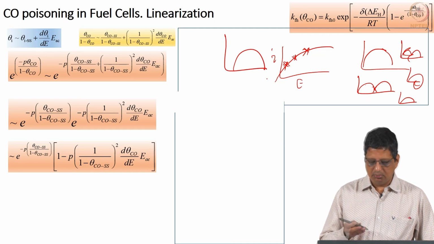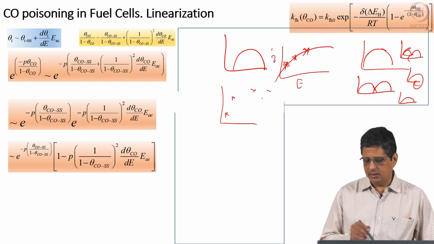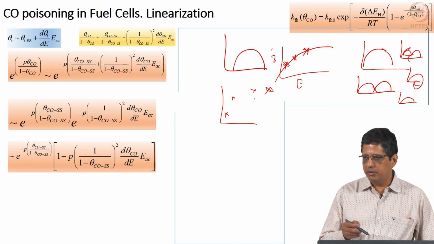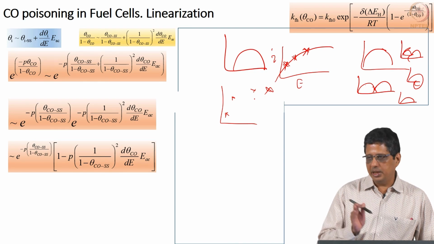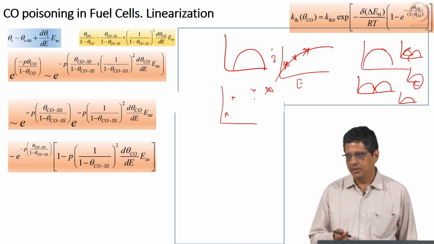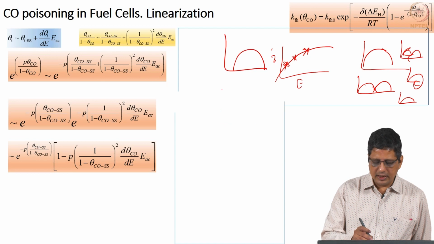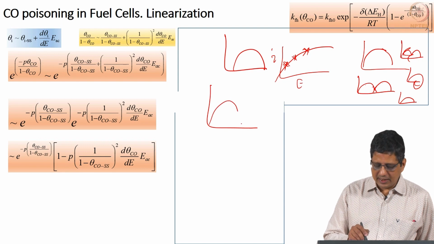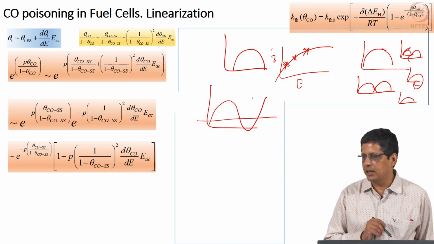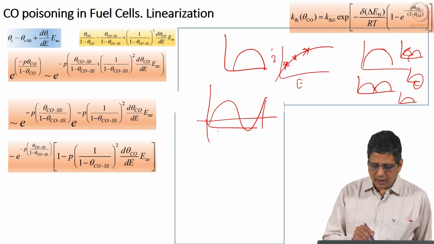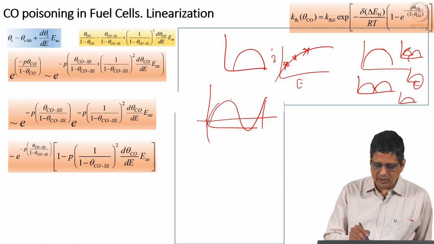So, it is like saying I have data like this, I know I cannot fit it linearly, but do I need a cubic equation, do I need a quadratic equation, do I need a fourth power? I have to try that and see. Minimum I need quadratic, that visually you can see and tell, but here you can tell that the minimum you need is dependent on the number of loops. If I have data like this, I cannot do a quadratic, that much I can tell. It may actually be sinusoidal, that is a different story, but in this range I have taken data, it looks like this. I want to model with something that can do this.